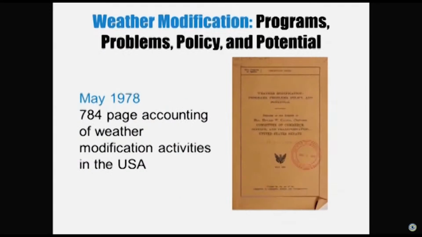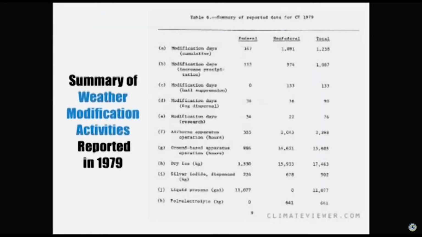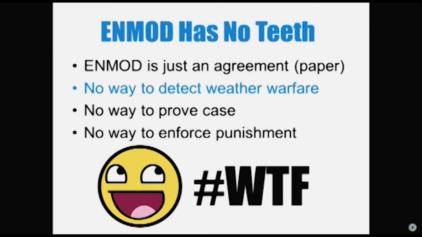Similarly, the U.S. Congress was like, wait, we're banning weather warfare? I didn't know we could modify the weather, which I'm sure a lot of you are feeling in this room right now. So the congressmen were like, I need to know what's going on. There was a 784-page document that summed up all of the activities in America up to this point. And then the next year, they broke it down by hours, and you can see that the airborne operations total about 3,000 hours. But the ground-based cloud seeder that Irving P. Crick invented, well over 30,000 hours operational in 1 year. Right now in the Rocky Mountains, they are operational from October to March of every year.